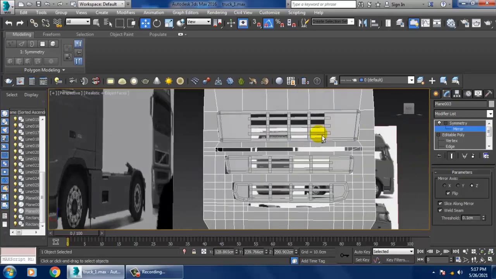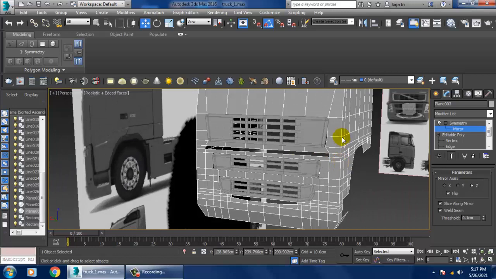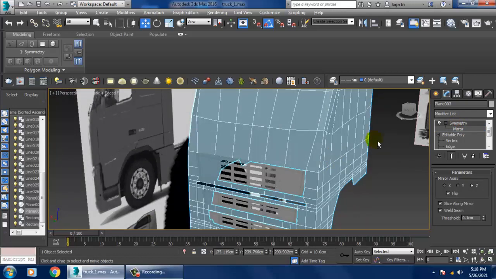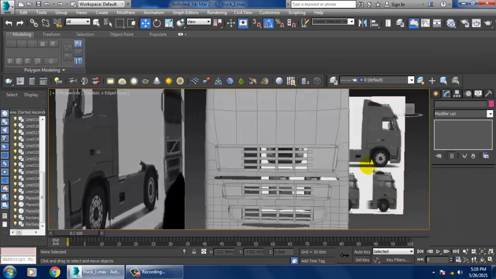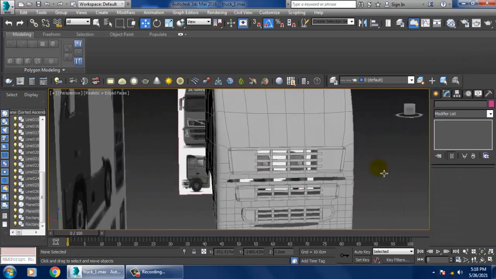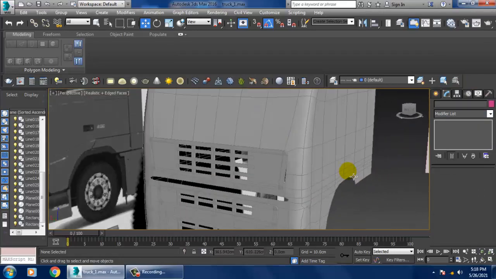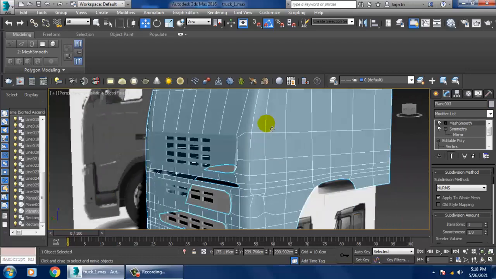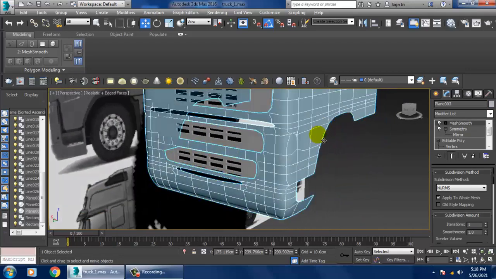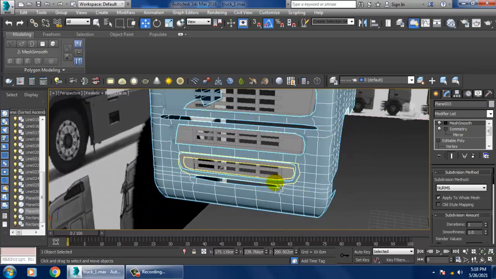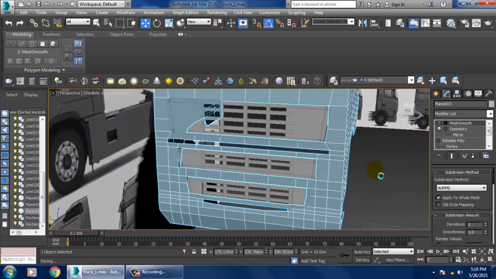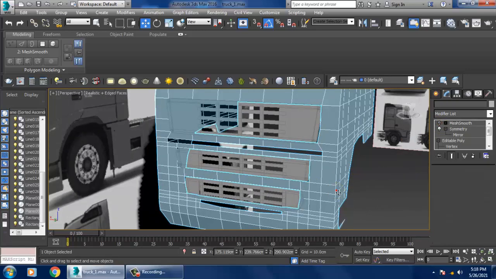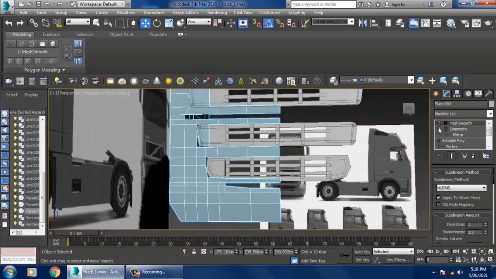Definitely we'll be smoothing this and it would look good over here. We'll be detailing that. Once you smoothen it, as you can see, how we have adjusted these elements in the right way. We'll be putting some loops also over here. I'll turn this off. Just save your file. So guys, if any doubts, please put it in the comment section.